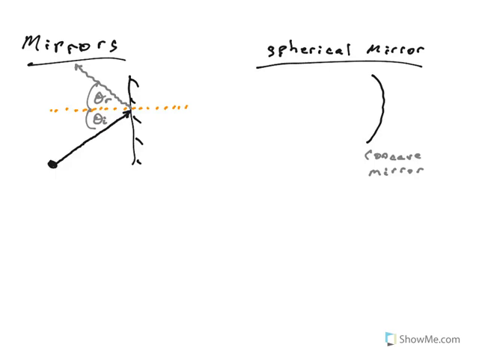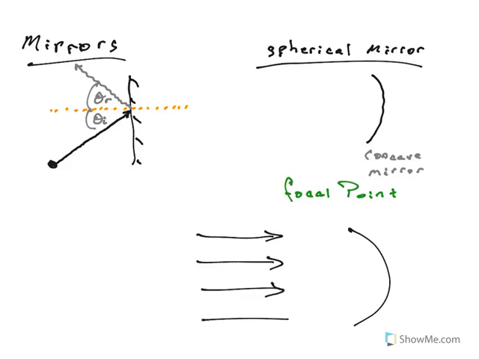So the first thing you do is you have to understand things about the mirror. There's certain characteristics we need to understand about this. First, there's something called the focal point of the mirror. Now, the focal point of a mirror is found like this. If we have a mirror like this, and we have a bunch of light rays coming in from very, very far away, so all the light rays are coming in parallel to themselves,